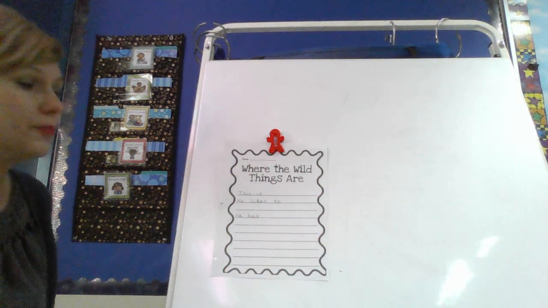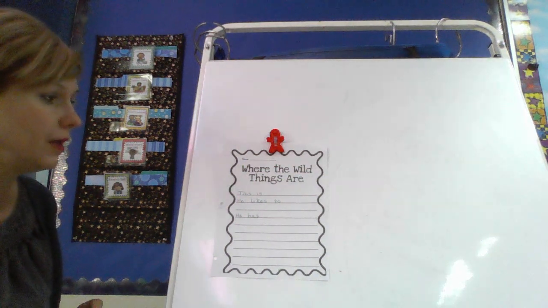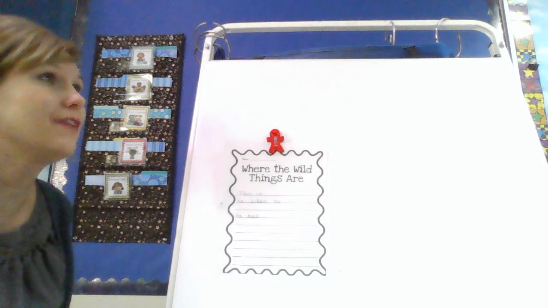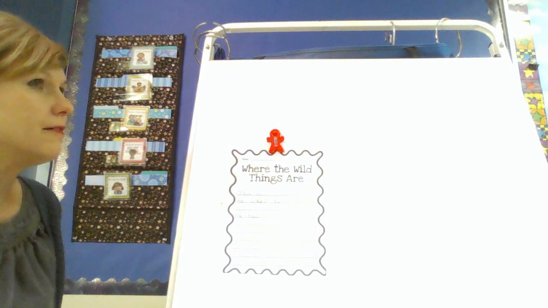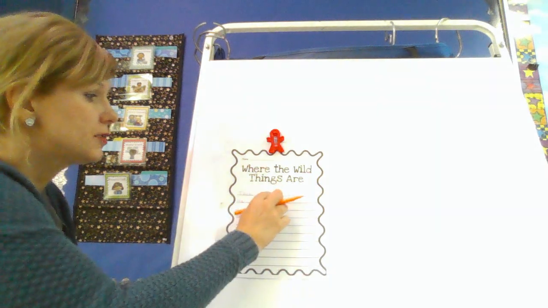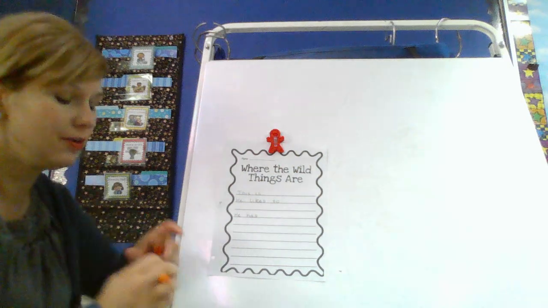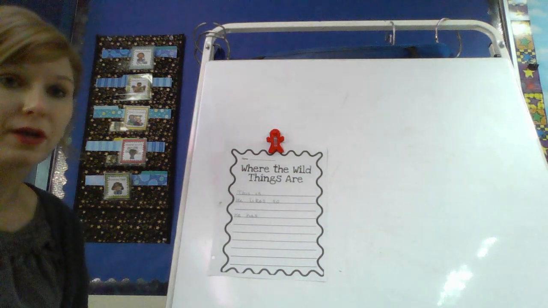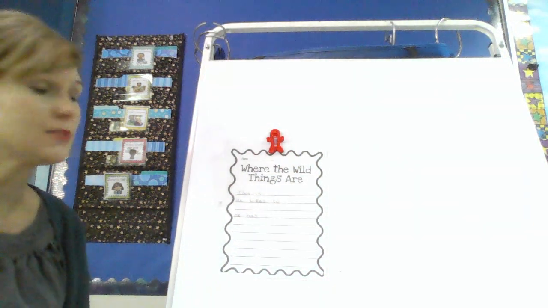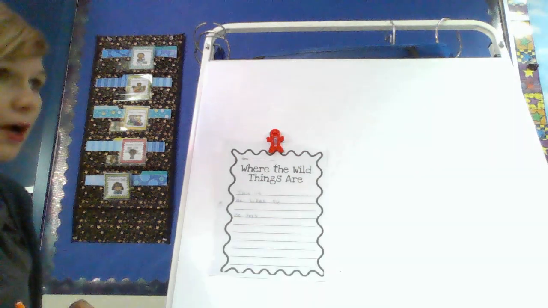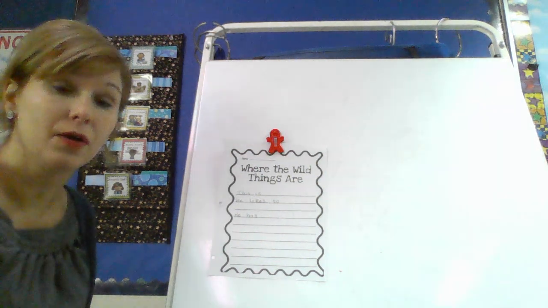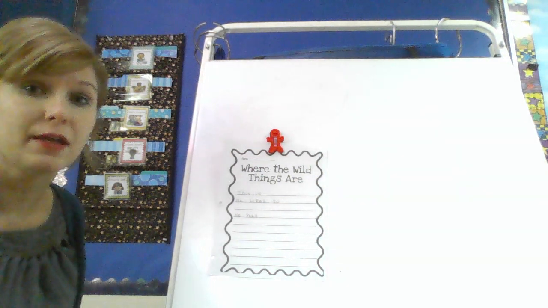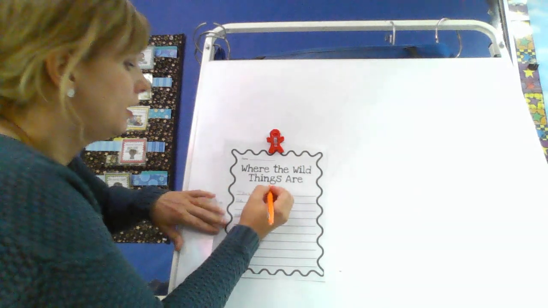So we're going to complete these sentences. Okay, so the first thing you need to do is think of a fun name for your wild thing. I'm going to say, this is Wilma. My wild thing's name is going to be Wilma. So on this line right here in my very best handwriting, I'm going to write the name Wilma, because that's my wild thing's name. I'm going to sound it out. And I'm also going to remember that since it's a name, it's a proper noun, and it's going to start with an uppercase letter. So Wilma,